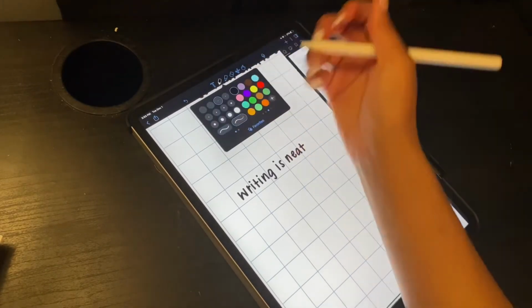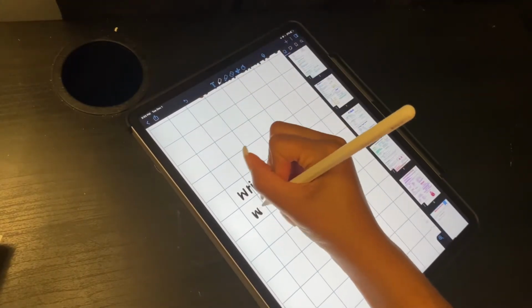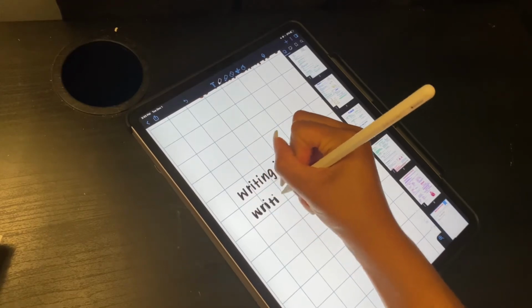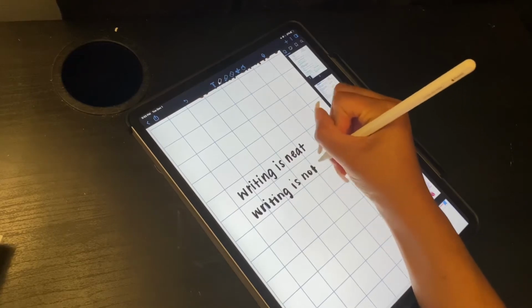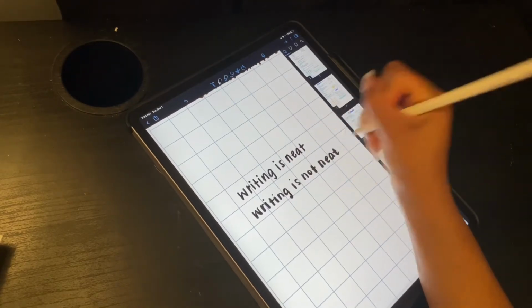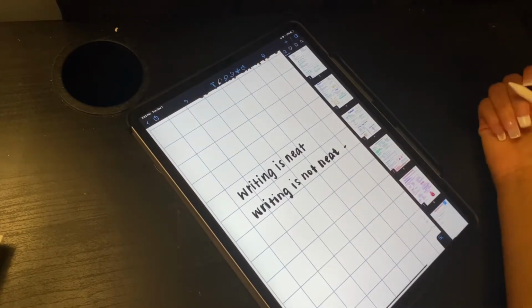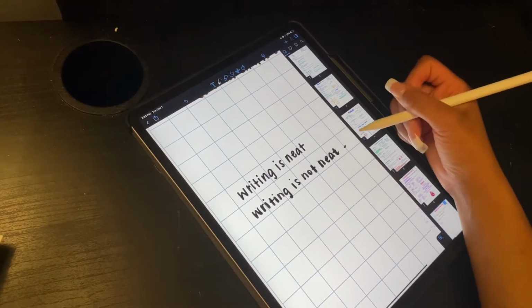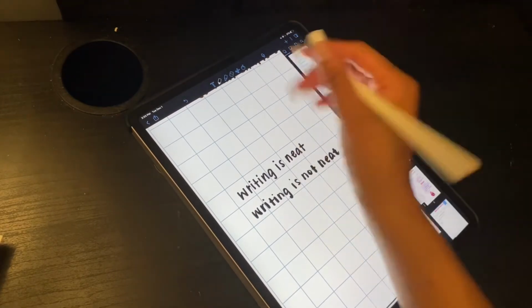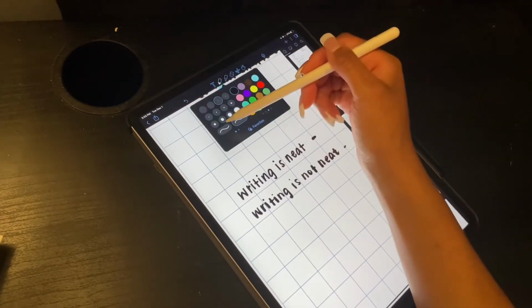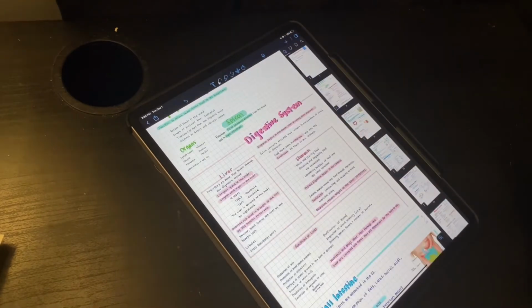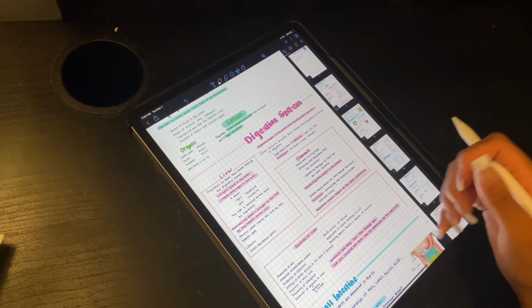And I'm going to actually show you the difference here. So this type of writing here is going to be best for calligraphy, that sort of stuff. But if you're trying to get extremely neat notes, I would definitely go with the straight written tool. That again is found here. My writing did get a lot neater